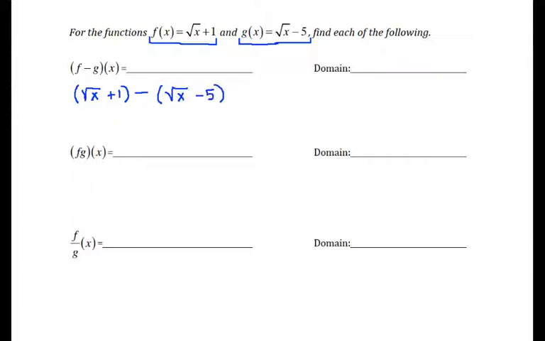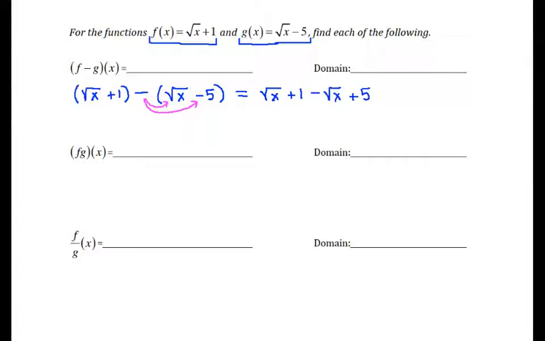Very simple definition, right? I do need to distribute this sign into the parentheses here with both terms. That's probably the number one source of errors because we need to put those parentheses there ourselves in order to remember to do this. So that gets us the square root of x plus 1 minus the square root of x plus 5. I'm going to simplify this before I put something in for f minus g of x, but